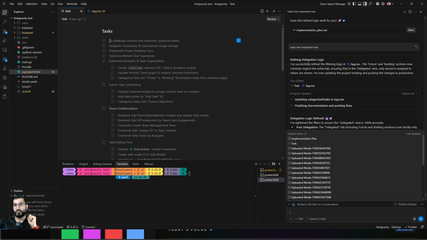So let's say there was some issue with the database, and you told it to fix the database schema and time zone synchronization, right? So it will add a task here. Then you again told it to integrate Cloudinary for permanent image storage. So these are system level things. You should know that there is a Cloudinary which can store your images and help you update the images. If you don't know how you can play with the images whenever you are uploading some images onto your